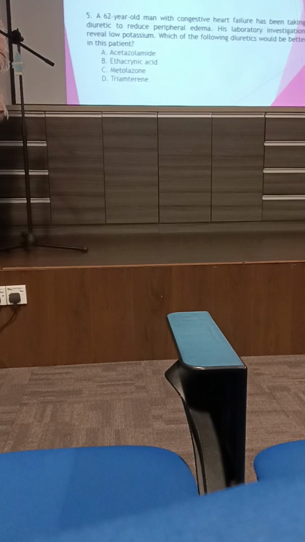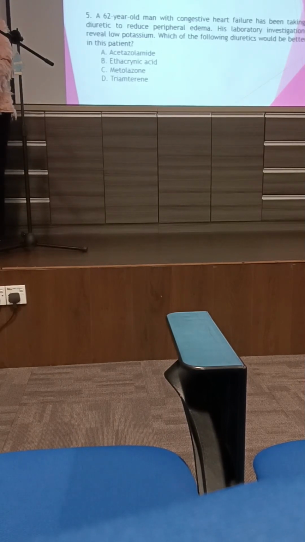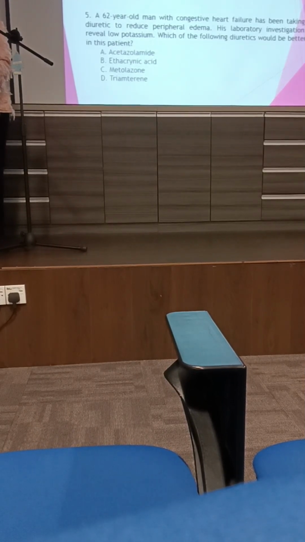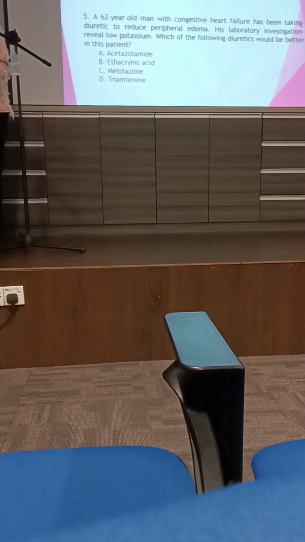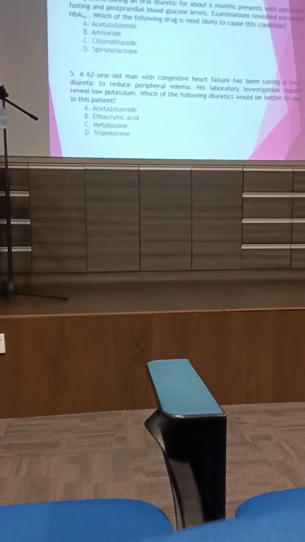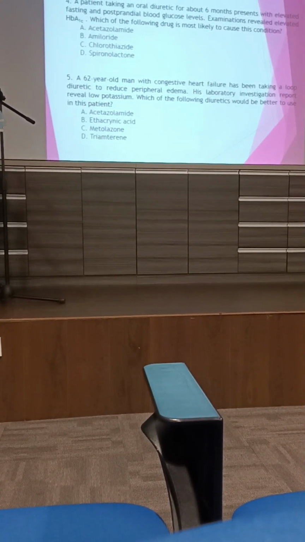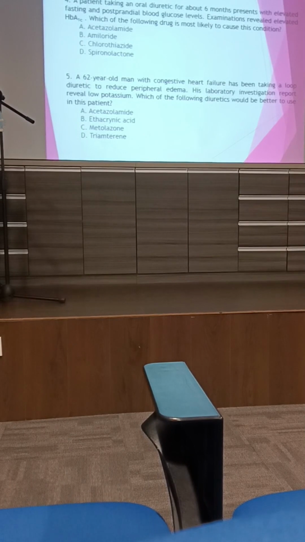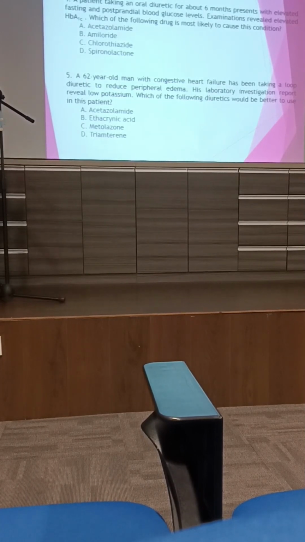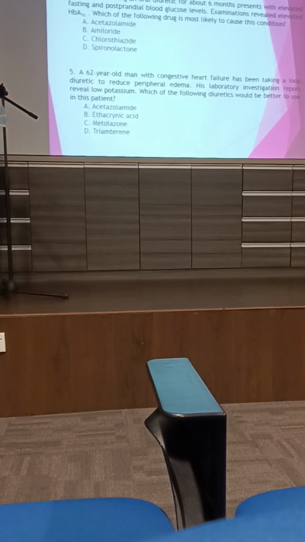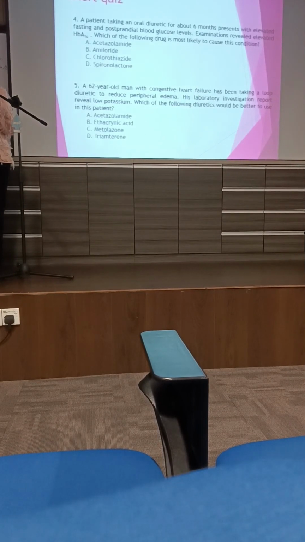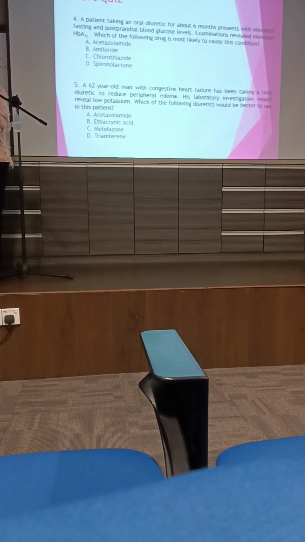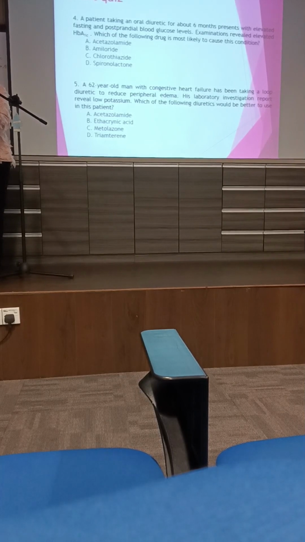Okay, number 4. A patient taking an oral diuretic for about 6 months presents with elevated fasting and postprandial blood glucose levels. Examinations reveal elevated HbA1c, so they have hyperglycemia. Which of the following drugs is most likely to cause this condition? Which diuretic can cause hyperglycemia? Thiazide. So A, B, C, D? C, chlorothiazide. It can cause hyperglycemia, hyperlipidemia, hyperuricemia,